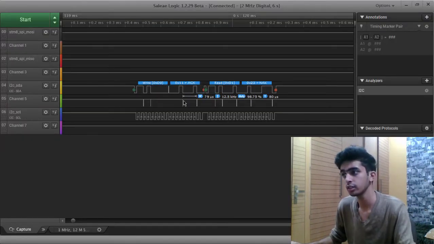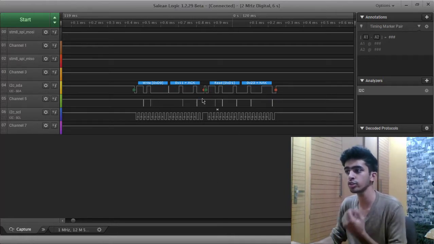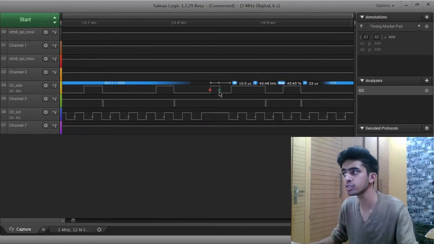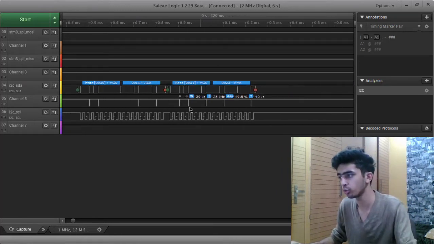Then we started the I2C session again. That's why here is a stop generation in red and a start generation in green, and then we started the session with the read bit enabled. That's why it is written read D1 plus the acknowledge bit received from the slave, and then we received the data 0x23 with the NACK, meaning only 1 byte has to be received.